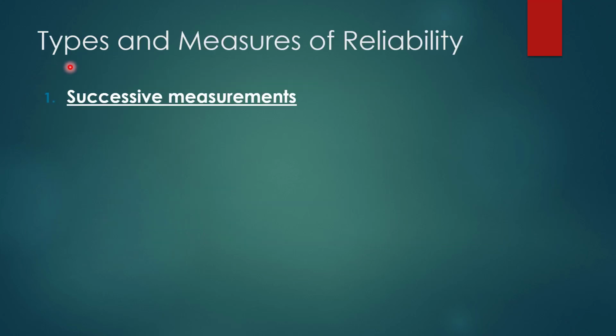So now we're going to talk about types and measures of reliability. So the first is successive measurements. So this is when you use a measurement one time and then you subsequently